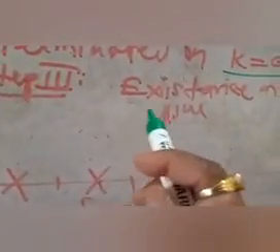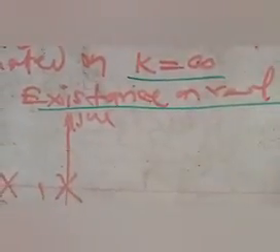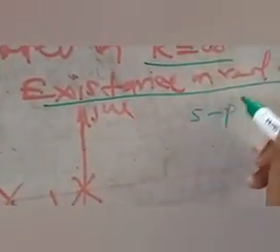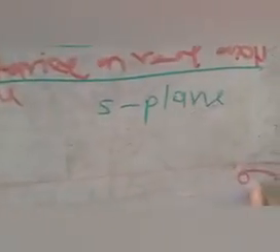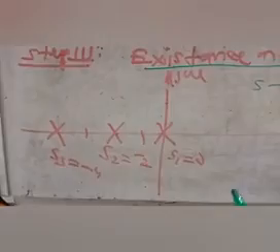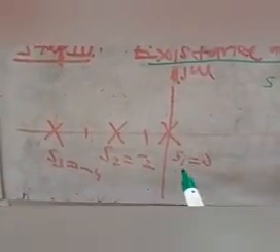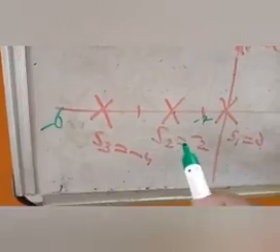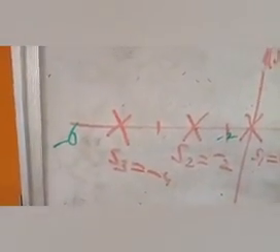The third step is a very important step: existence of root locus on the real axis. So we draw the s plane. In this s plane there is one axis, the j omega axis, and another axis is sigma. One is called the real axis, the other is called the imaginary axis. First indicate the open loop poles. The first pole is s1 = 0, then s2 = -2, and s3 = -4, on the negative real axis.